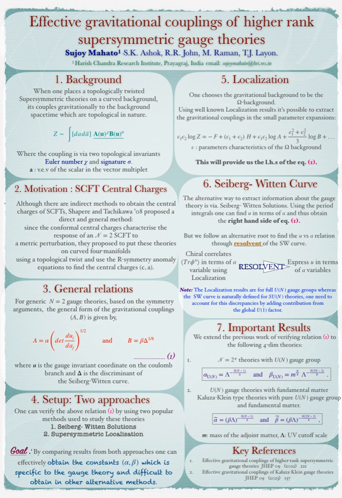The motivation to study this function was given by Shapere and Tachikawa in 2008. So what they proposed is that if we think of this supersymmetric gauge theory as an SCFT which lives as a fixed point of the RG flow, this SCFT has two central charges, and these two central charges can be related to this gravitational coupling function A and B. To be more specific, the R charge of these two functions can be related to the central charges of this SCFT. So this is an indirect method to find the central charges of this kind of SCFTs. So with that motivation, we want to study this function A and B.